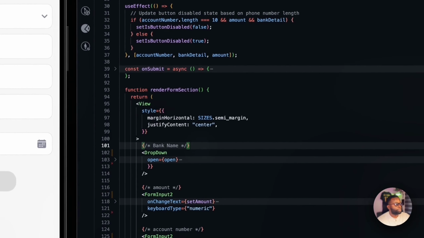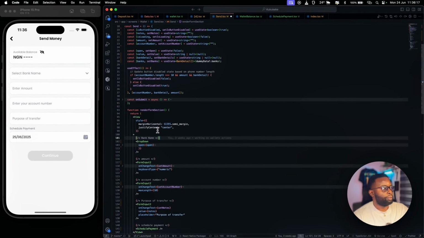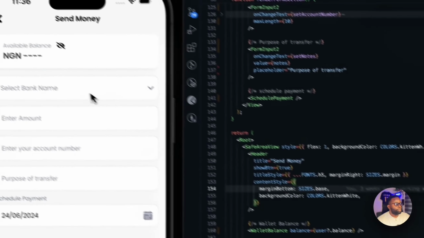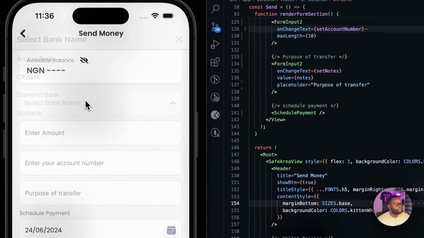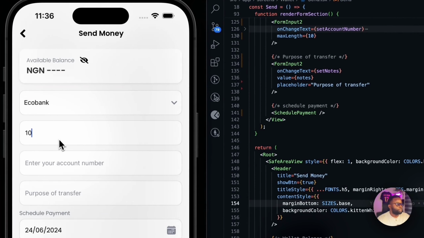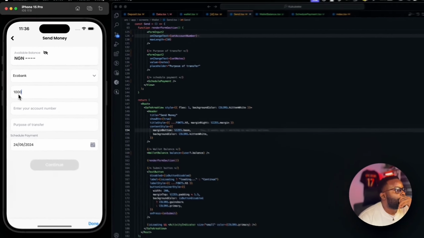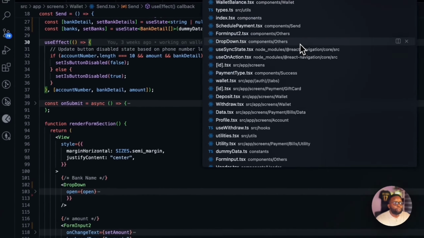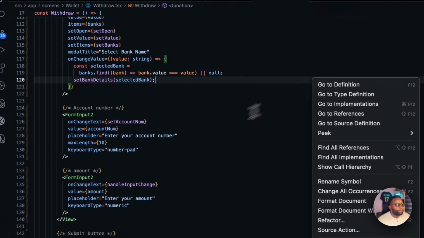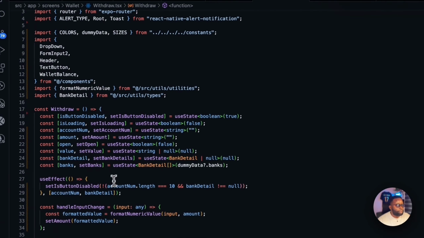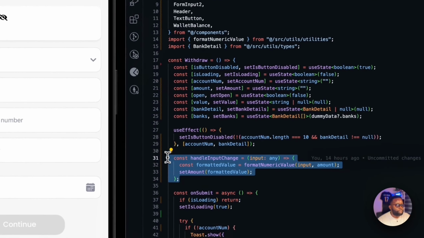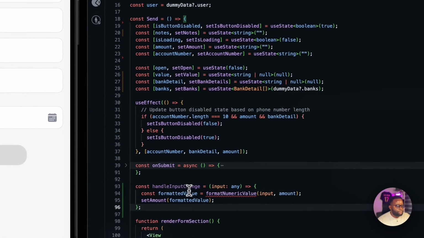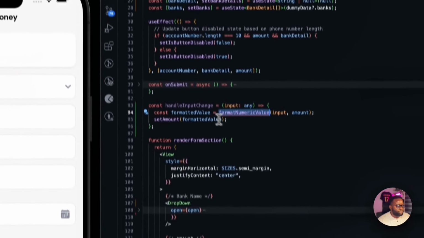So remember, the sole purpose of clean code is to keep your code more clean and reusable. Yeah. So everything still works. I think I want to add some commas to this. Let's see. I did that in another file. Withdraw. Yeah, I can just copy it. I have this handle input change function. I can just bring it here. Change this, import this file